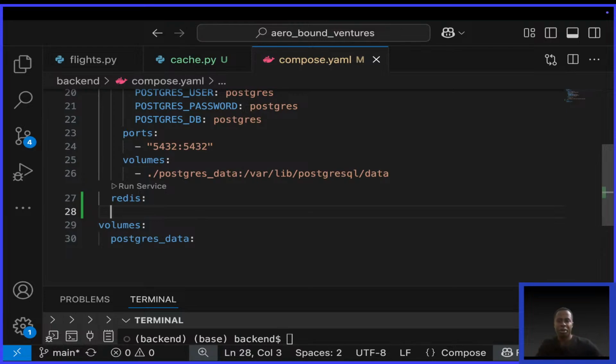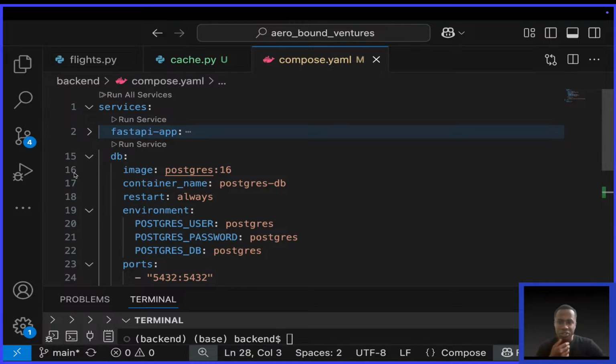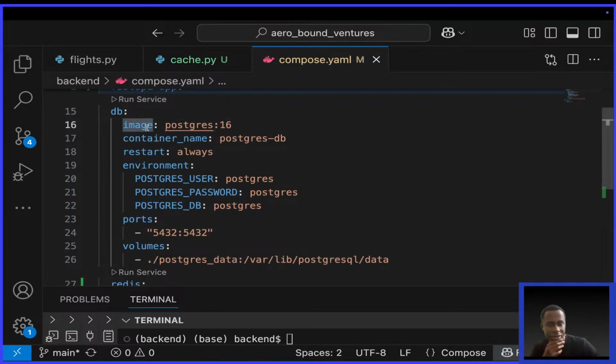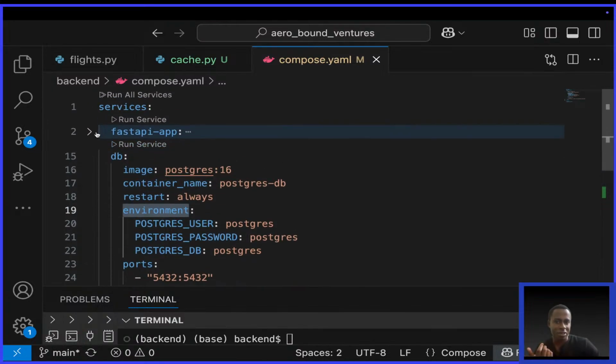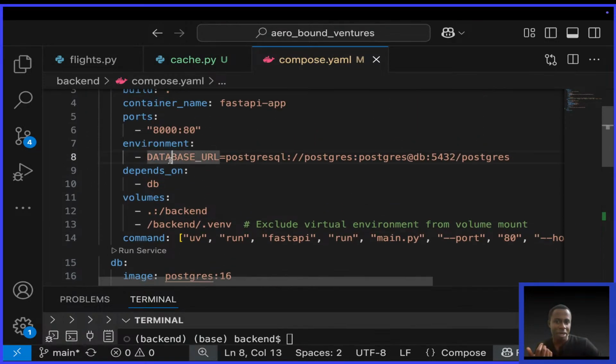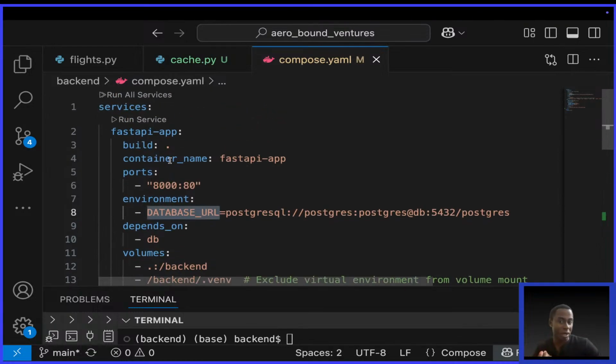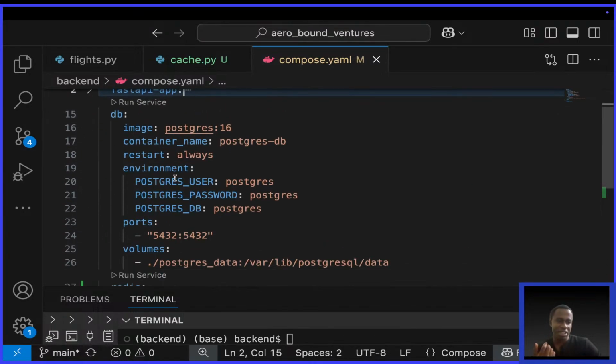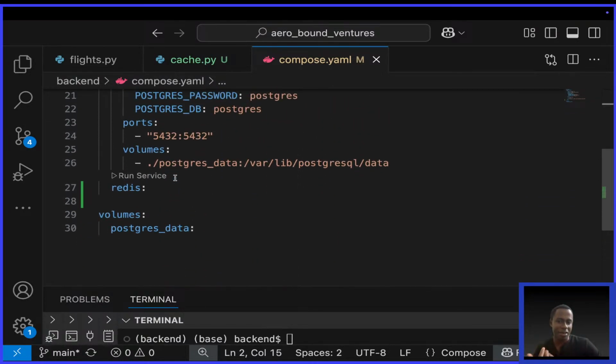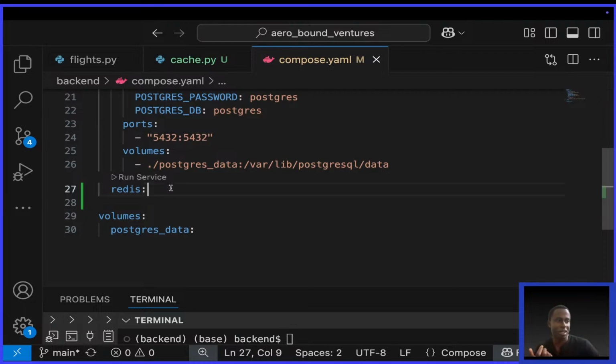Hope you're getting it. So yeah, just like you see for the database, you need things like an image, the container name, environment. And then even for the first API here, we talk about the database URL. So the same things are needed. Similar thing for Redis, we shall need an image. And actually, if you go to the